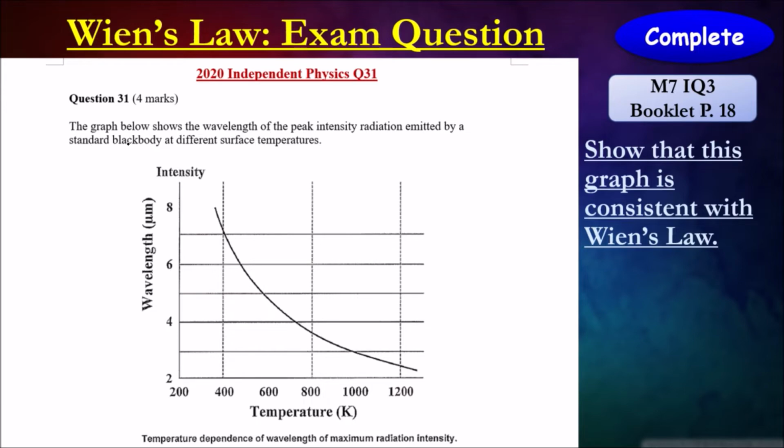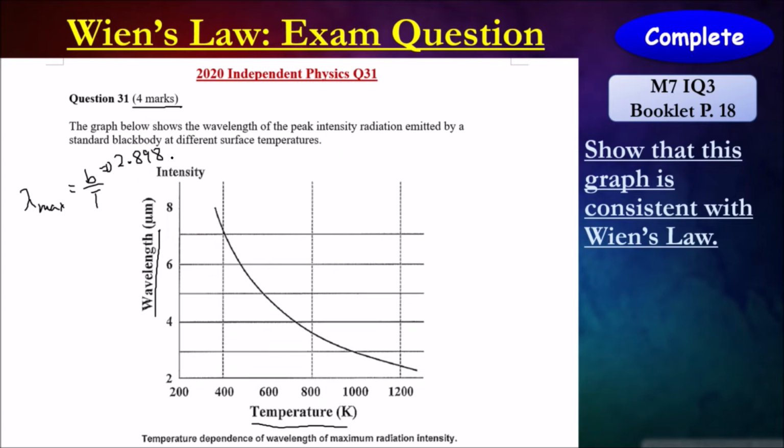So we have a particular standard blackbody diagram. Is it consistent with Wien's law? Wien's law states that lambda max is equal to B over T. It's worth 4 marks, so I want to find 4 individual points on this chart and see if they are consistent with what I believe B will be, because I already know the wavelength and the temperature. The only way I can demonstrate that it's consistent with Wien's law is to see if it equals the constant B, which in this case is